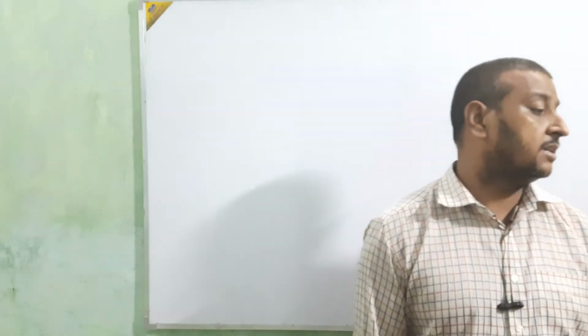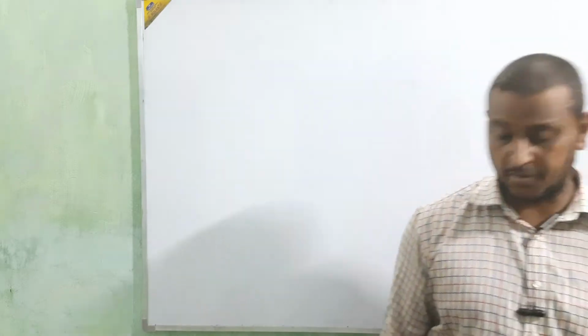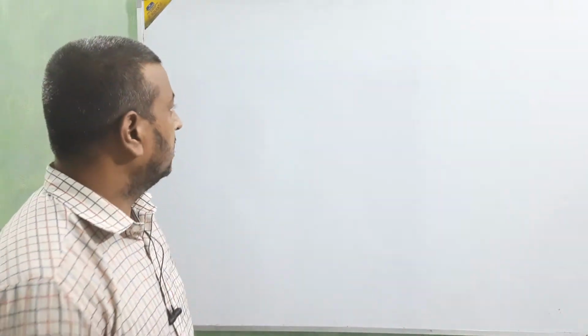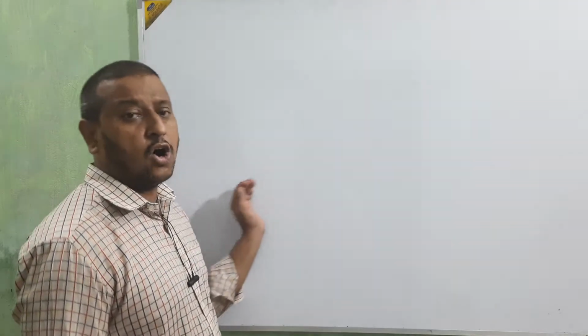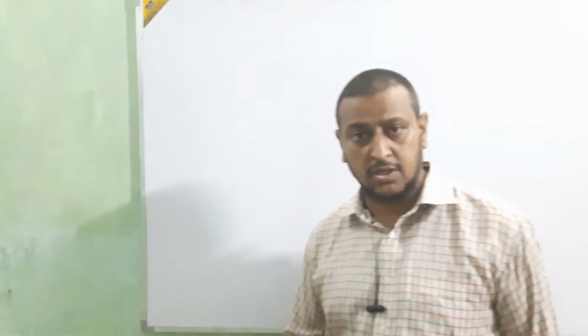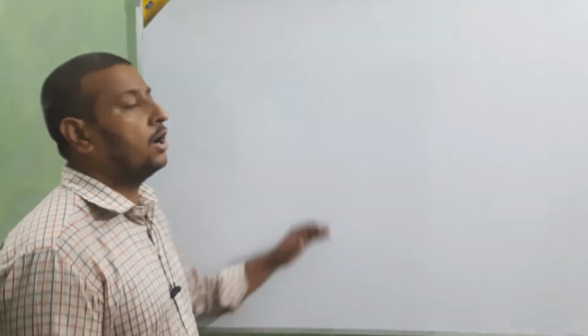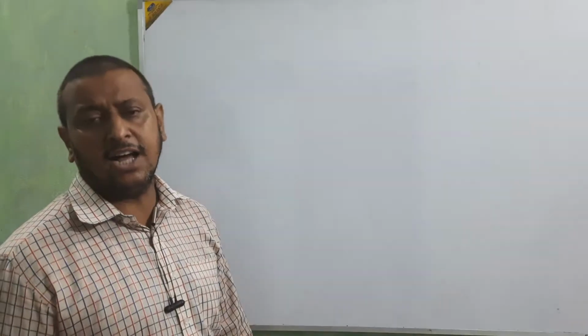Ledger is chapter number 13. Okay, beta, chapter number 13. What is the ledger? Ledger is like a summary of the account. It means in the ledger we are taking all the information of one type of account. You have learned about the journal entry, and after that, from this journal entry we are making some accounts, like the cash account. If you are going to make the cash account, all the cash entries we are going to transfer into the cash account.